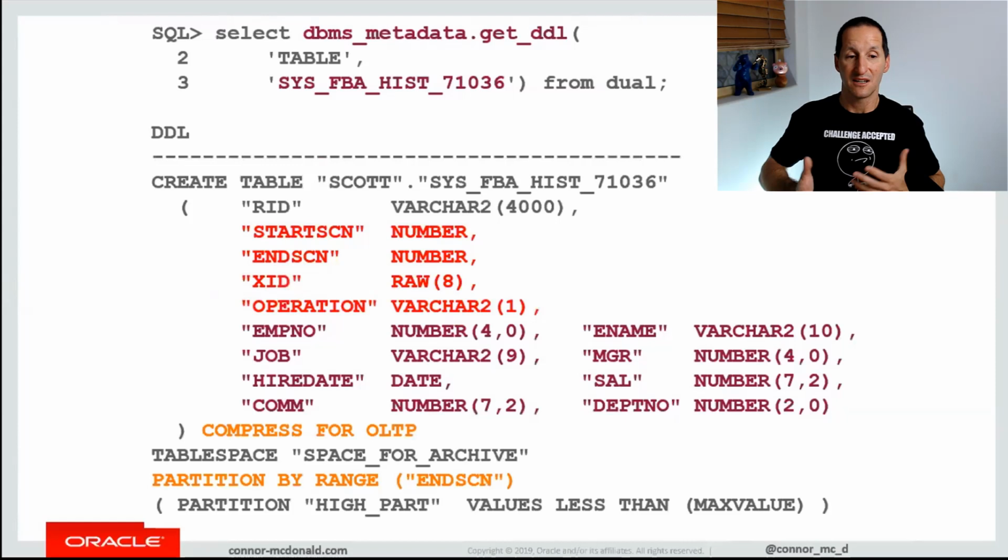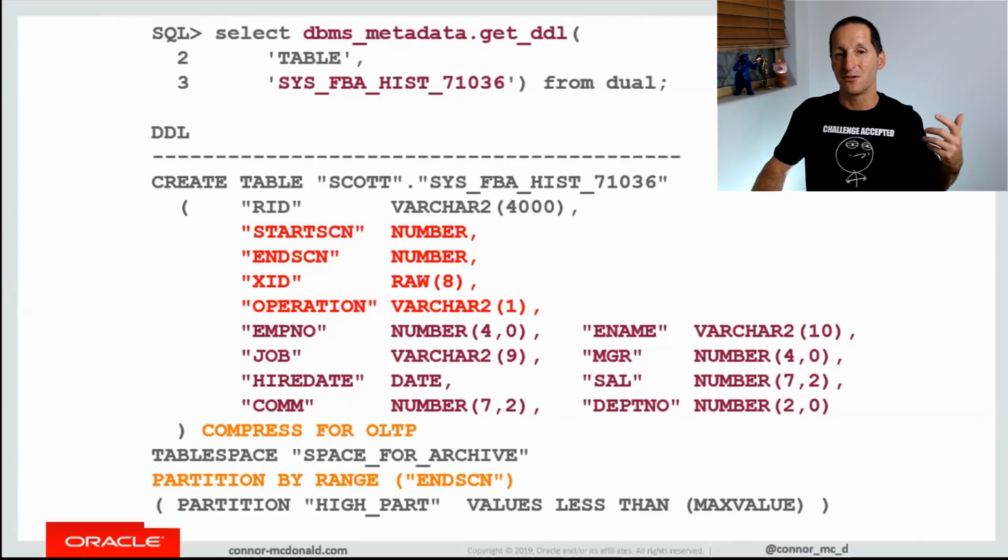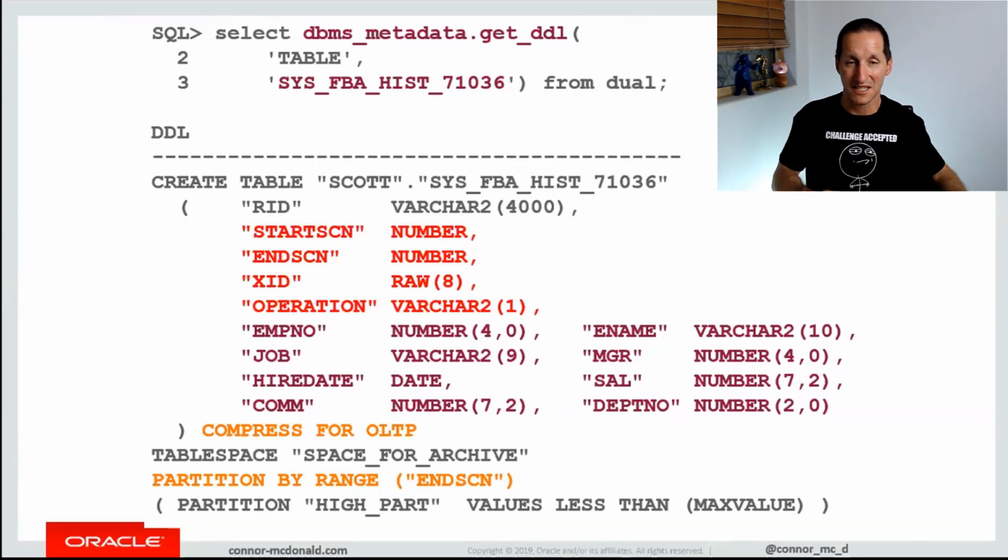It's also quite nice in that we're using the term eating your own dog food. Our underlying technology here, we're using partitioning, we're using compression to get the absolute best out of the performance in terms of these Flashback Data Archive tables. Obviously, you'll never need to actually query these tables yourself. You simply do a query from the employee table as of any particular point in time, up to a year in this example, and it will utilize the data in these tables to actually give you the data as it